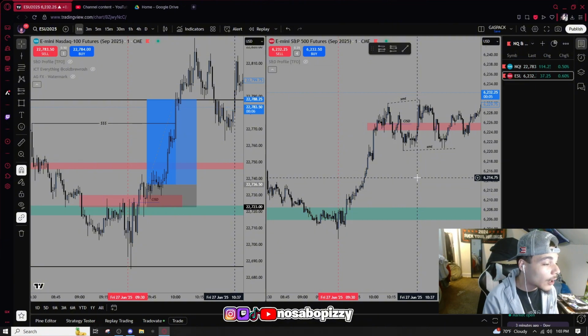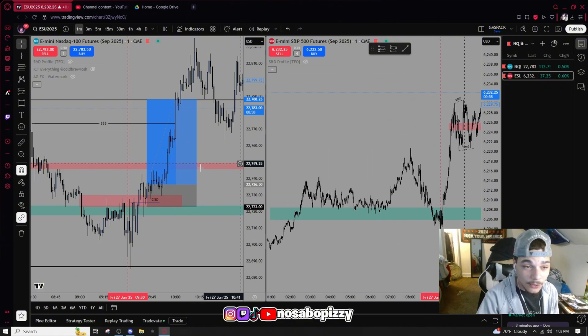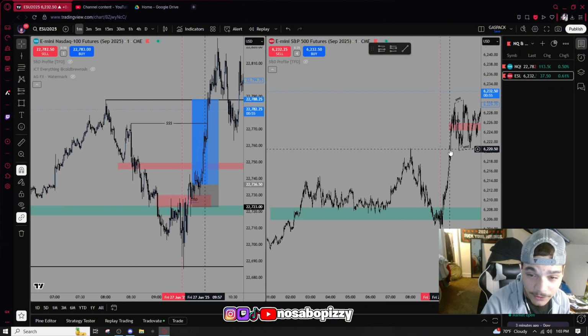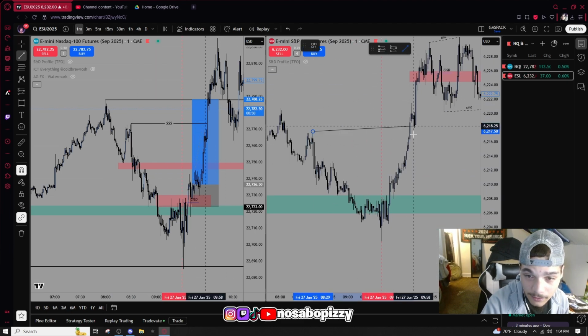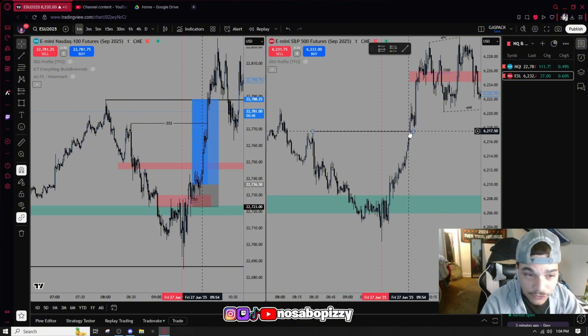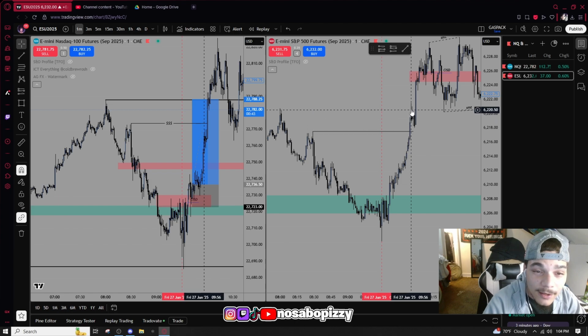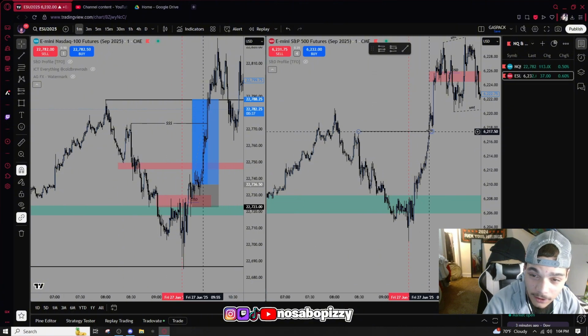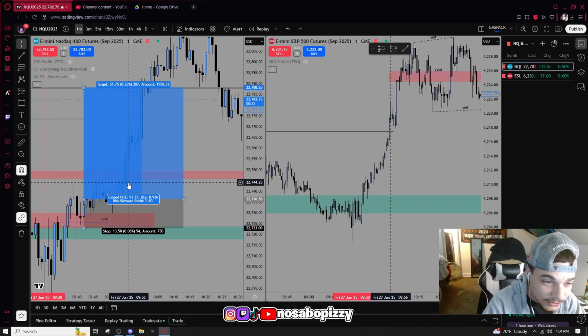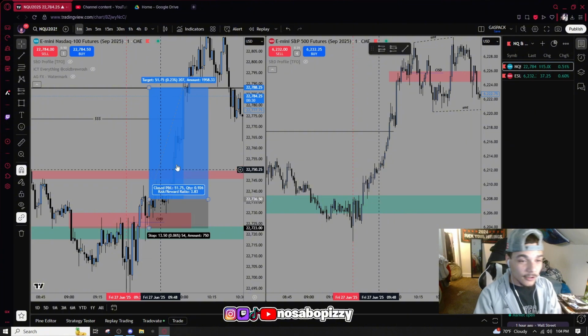Why are we not going long? ES is already ripping. NQ is the lagging index. We know. Look, ES already ripped data highs right here. ES rips data highs. Where was NQ at? Buy side liquidity is already taken on ES pretty much. When data highs gets taken on this candle, where's NQ at? NQ is all the way still down here. So NQ is the lag index.